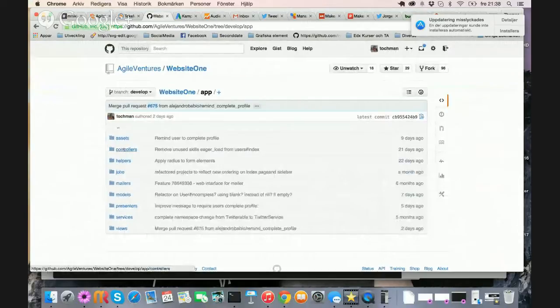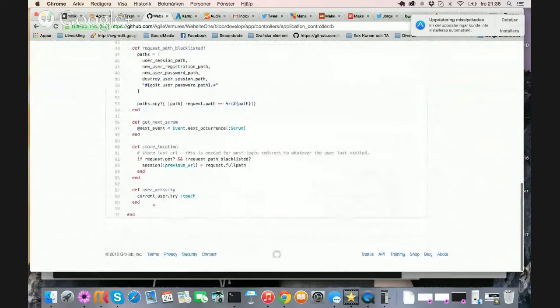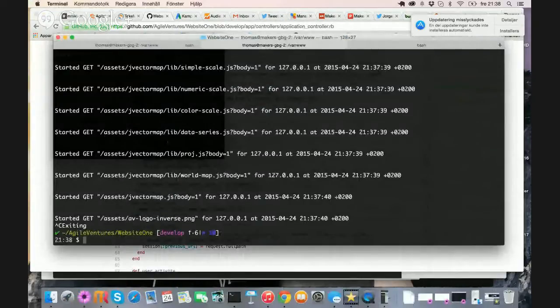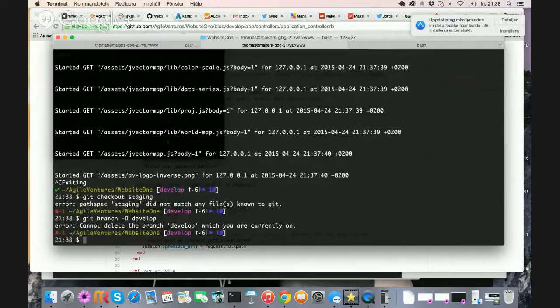Let me just have a look at controllers, application controller. No, okay. So let me just again stop this. Git checkout staging, and then we can go git branch develop.